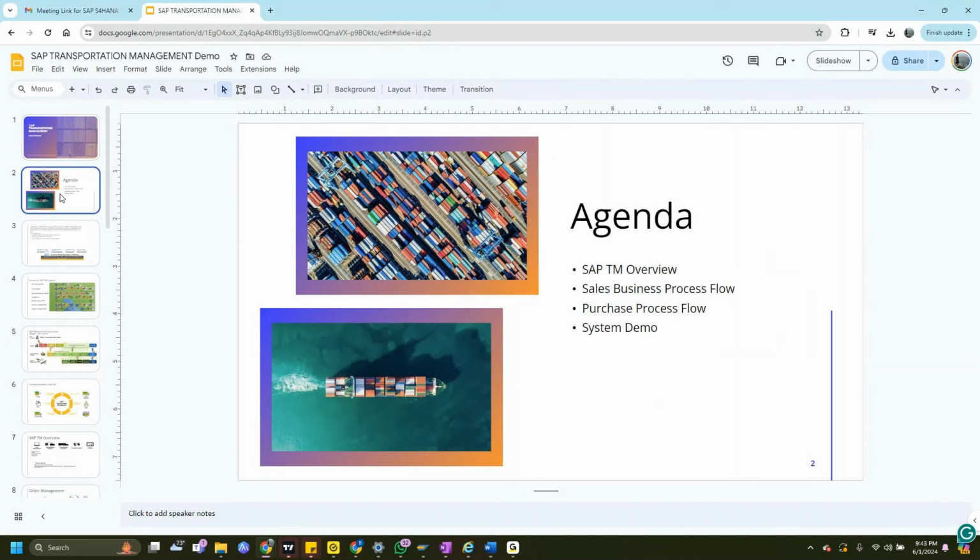So TM comes into the picture like in MM, right? You understand the basic purchase order scenario, right? You create a purchase order, the vendor delivers it to your location, and then the goods receipt happens. So this is what the MM process runs. So let's take the basic scenario of MM: you created a purchase order and an inbound delivery confirmation is created. And let's say Gautam is owning a company. It's your company that's going to create the purchase order.